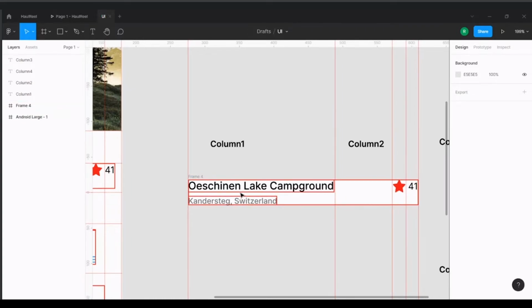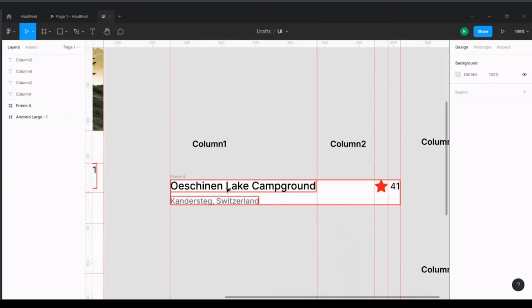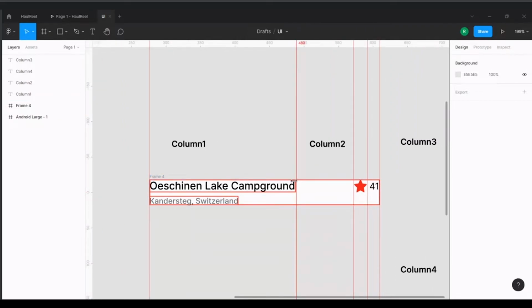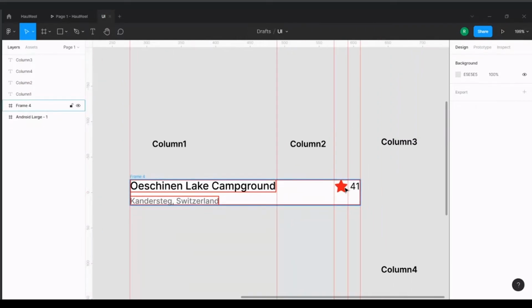Okay, so now column 1 depicts the two text widgets, column 2 defines that particular space, column 3 represents the image icon, and column 4 represents the 41 text widget. So from the first group we can conclude that we need to create a container. Inside that there will be text widgets, and we need to arrange those text widgets according to the row and column behavior. So if I switch to the Android Studio,